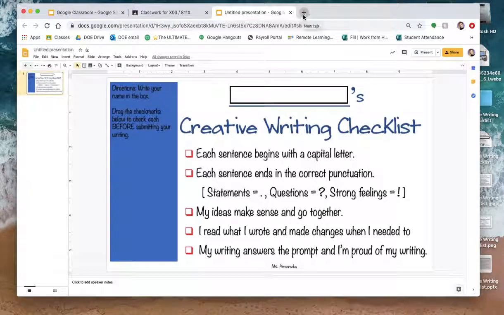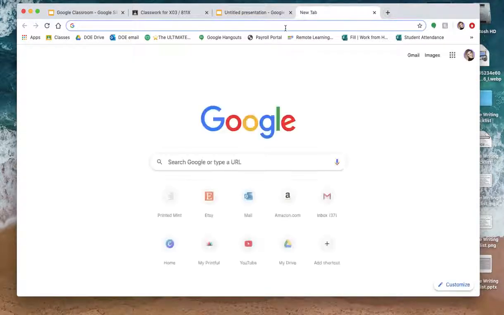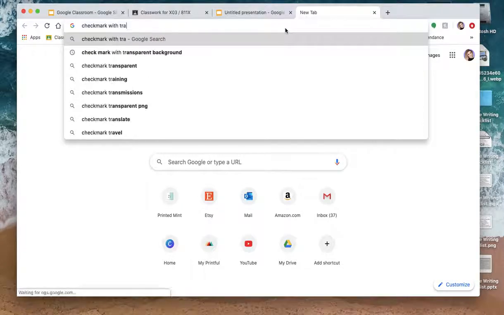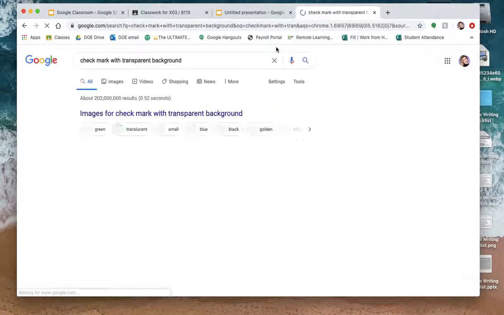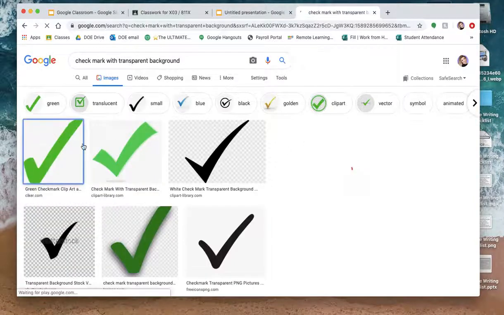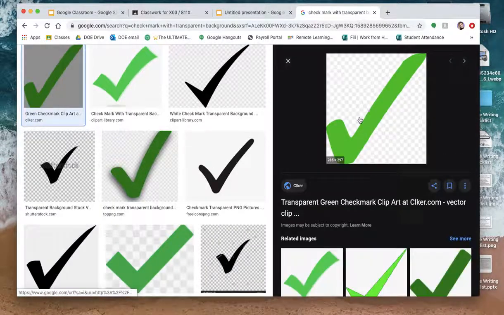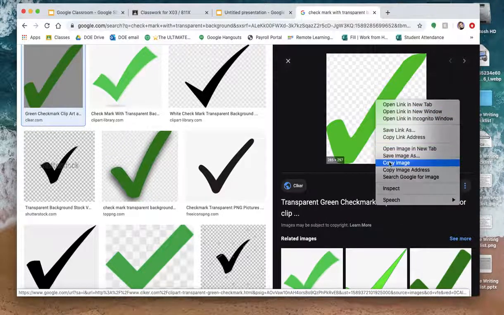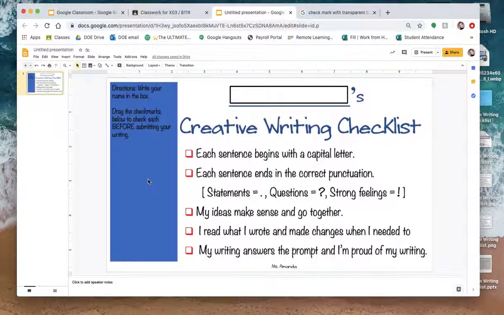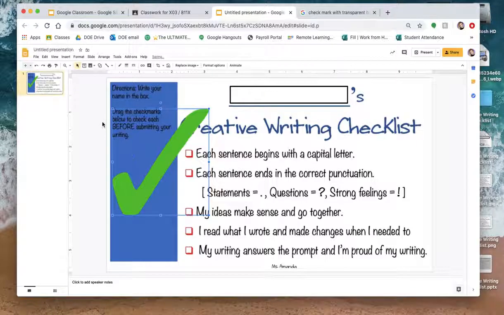So for this example, it is a writing checklist. I'm going to look up check mark with transparent background, and you'll see why in a moment. And this one is transparent. So when it does that, it has that gray screen with the boxes. That means it's actually transparent. I'm going to copy that, go back into my presentation, paste it here,